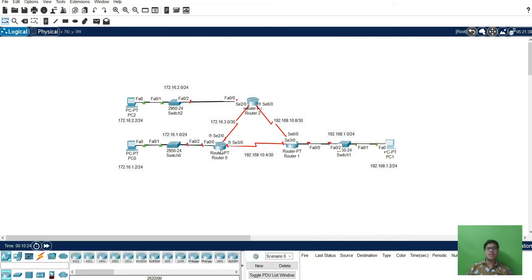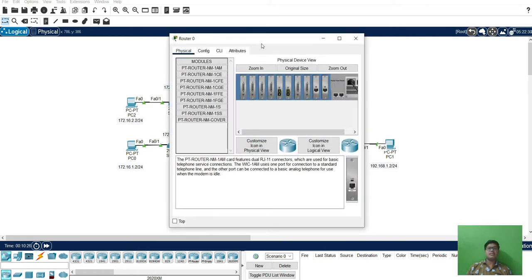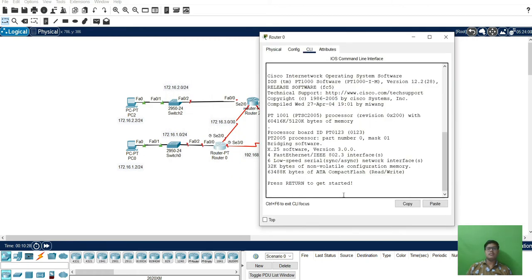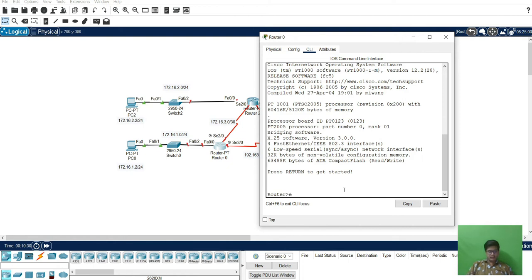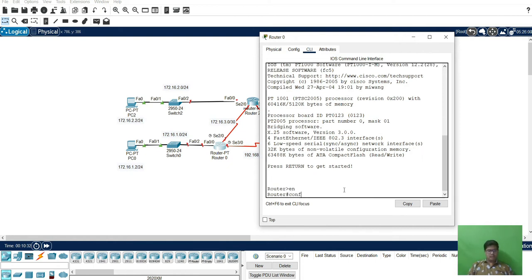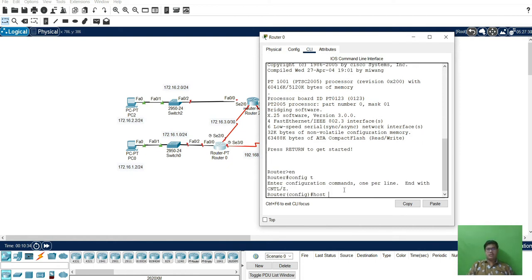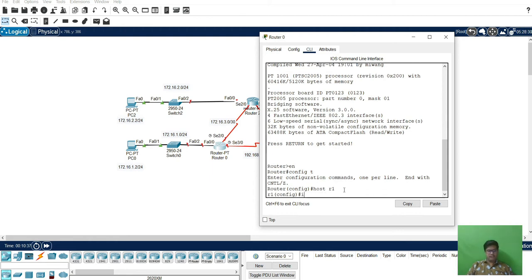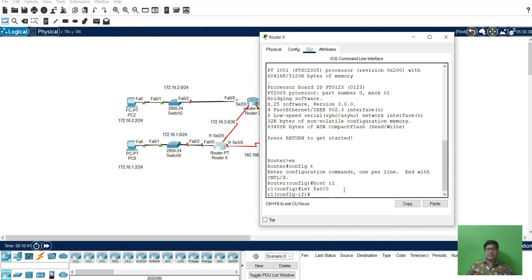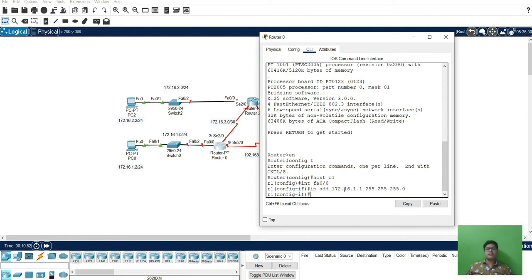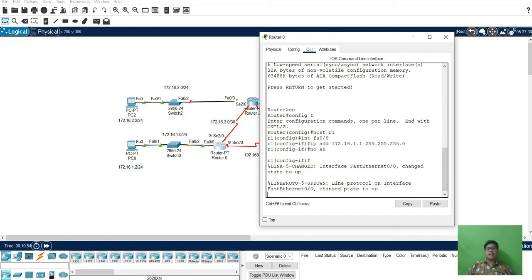Next we will go to the routers and give IPs. This is router 1. Enable, config terminal, hostname router 1, interface FastEthernet 0/0, IP address 172.16.1.1, 255.255.255.0, no shutdown.